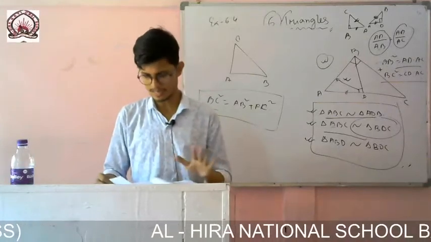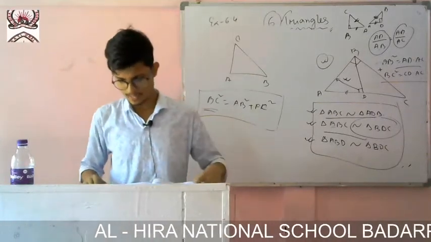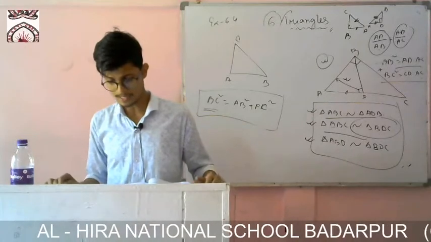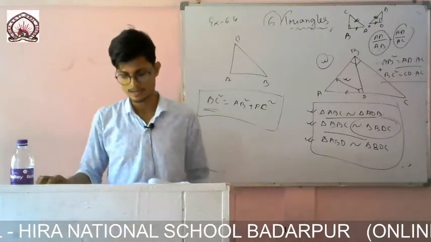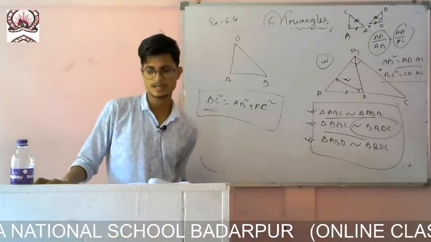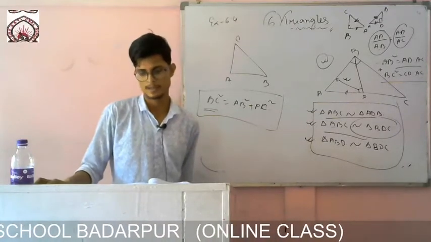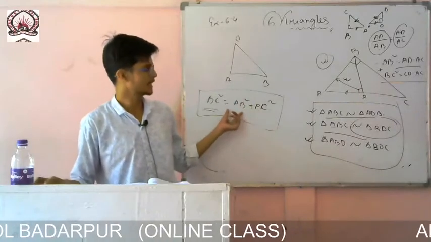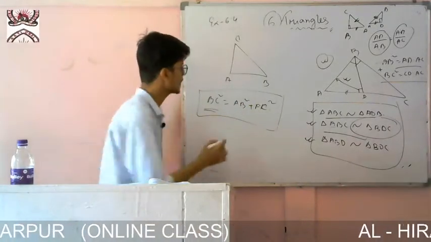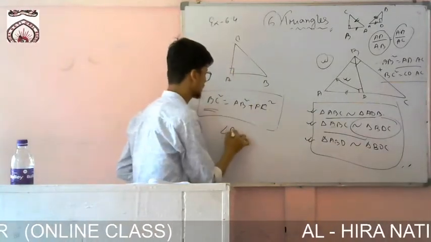If you just see, you can understand. In a triangle it is given, if the square of one side is equal to the sum of the squares of the other two sides, then the angle opposite to the first side is a right angle. You can say this one is the converse of the theorem. Here this criteria is given, and you have to prove that this angle is 90 degrees, angle A is 90 degrees.